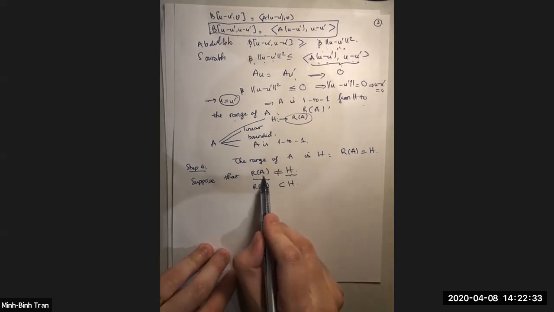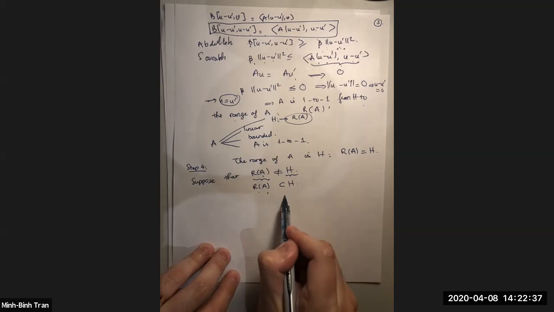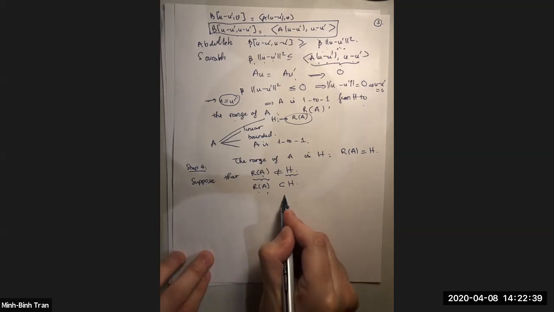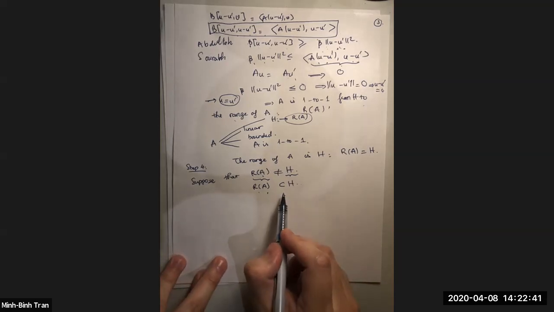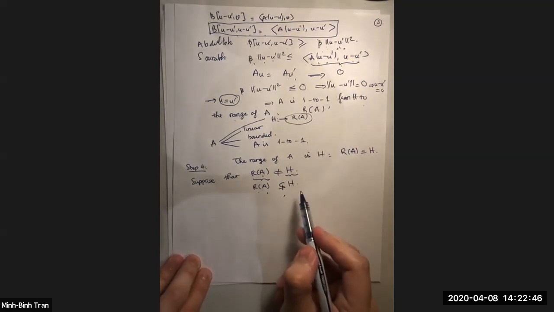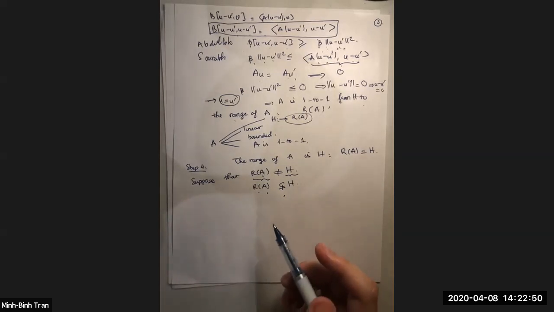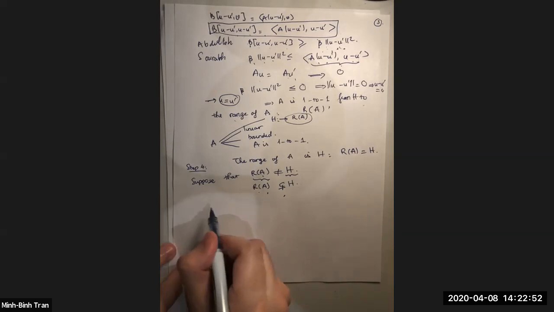We suppose that RA is different from H. Of course, RA has to be a member of H, which is L2, right? And then we suppose that RA is a subset of H, but it is completely different from H, which means that, okay, so this means that,